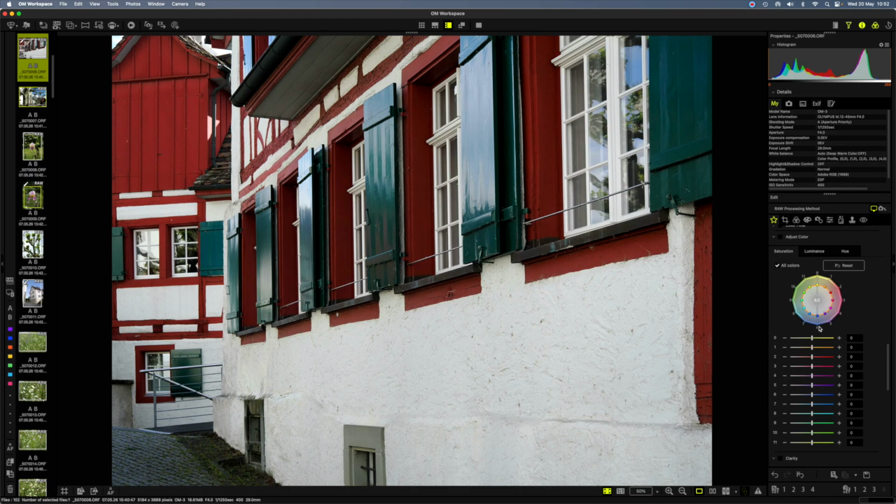And by working on 3 colors at a time, neighboring colors, you're working in complementary format, which is very pleasing to look at for the user. So if I want to see what this color is, if I move my cursor over the red here, it shows me on the color wheel and in the sliders what this color consists of, and I can see it's number 1 and 2.